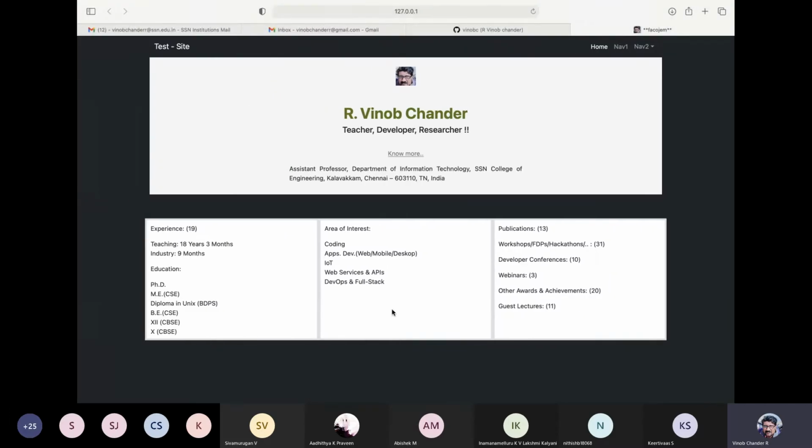We are laying the foundation here with the branch. If you have created the branch and uncommented the navbar part, you should be able to see this. This is part of the output coming from your index.html from the branch that you have created.